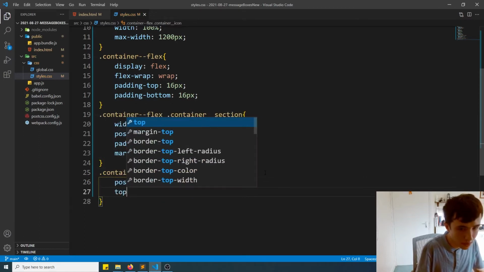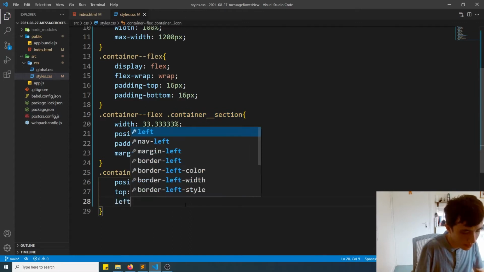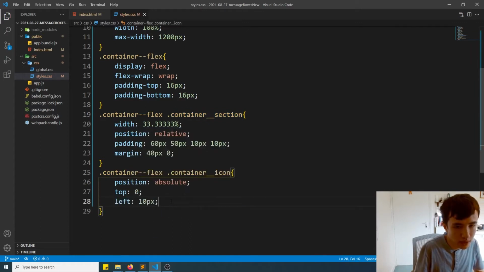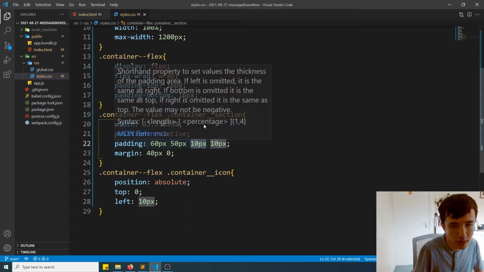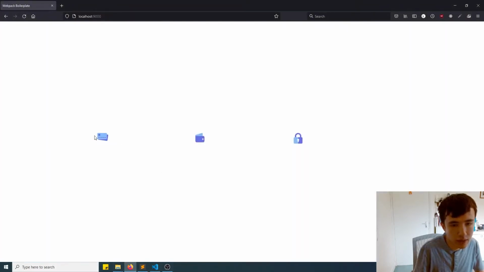And then we'll set top, align the top edge of this icon with the top edge of the container section, its parent element. Left, we'll move it to the right a bit so that it's aligned with the text. Okay, we haven't actually created the text yet, but it's aligned with the elements that get affected by the padding, which is applied to the left of the container section. Obviously this isn't affected by that because its position is absolute. So if you go back, we should be able to see these